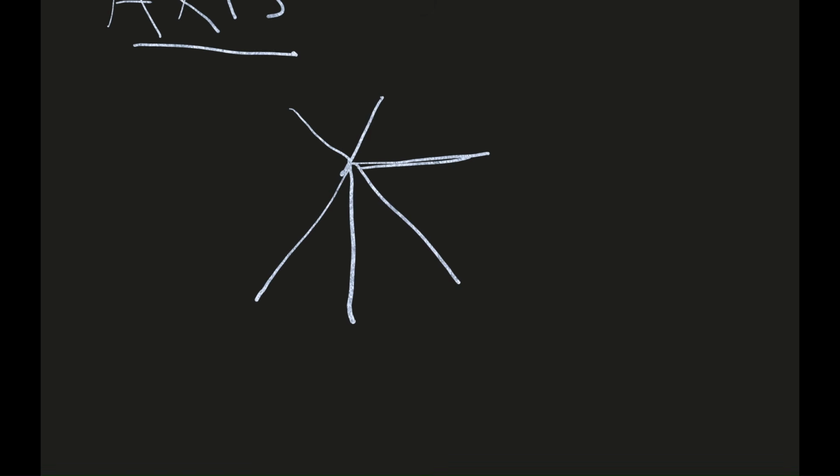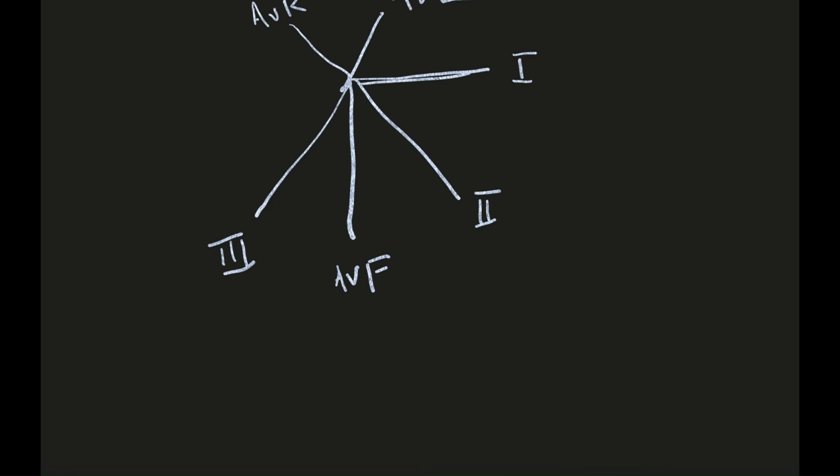Do you remember that diagram I have told you? That ECG lead placement diagram, this one. Initially, I have told you this one. Just remember this diagram, I hope. This was AVR, AVL, lead 1, lead 2, AVF, and lead 3. And we can calculate the axis from any of these leads, but remember that it will